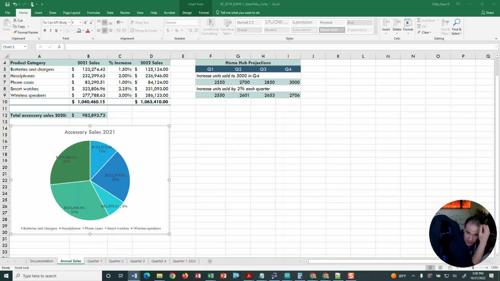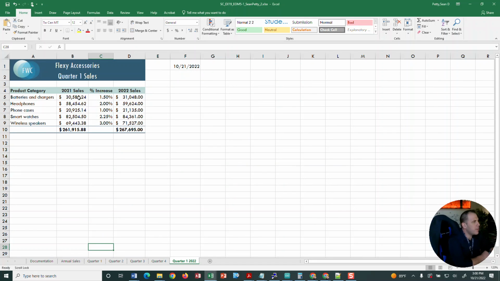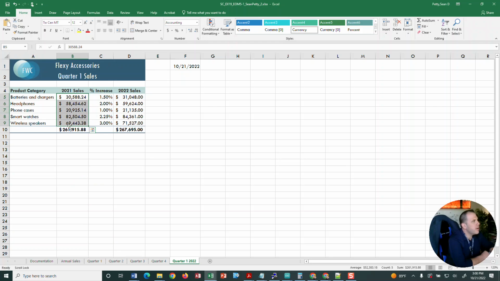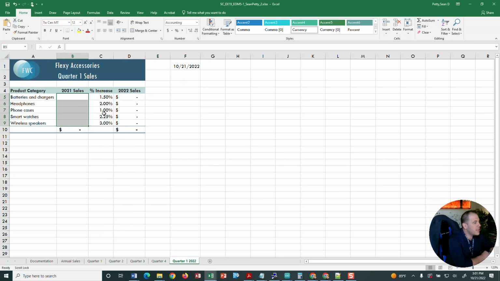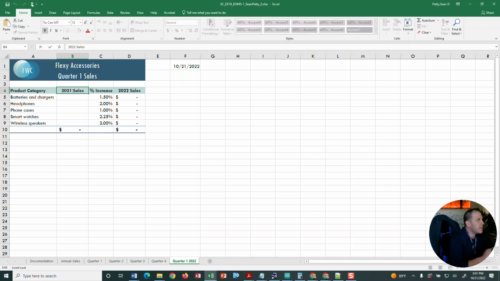It says on the Q1 2022 worksheet, clear only the contents from the range B5 through B9. So here I'm going to select this, and I'm going to look for B5 through B9, which is right here. And I'm going to clear the contents. The way I'm going to do this is I'm going to right click this, and I'm just going to say clear contents. Now notice this was dependent on this. And so those contents are clear, but now whenever these values are updated, they'll reappear. Now the next thing we need to do is just update these numbers to be the 22 sales and the 23 sales. So as you can see there,